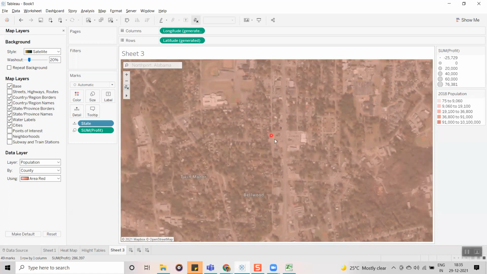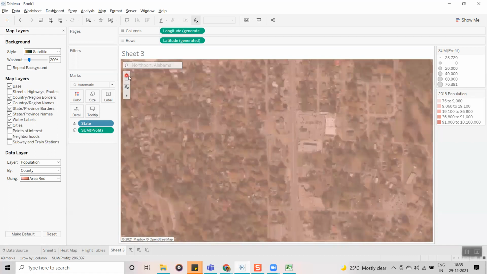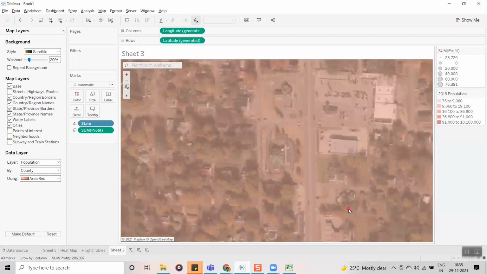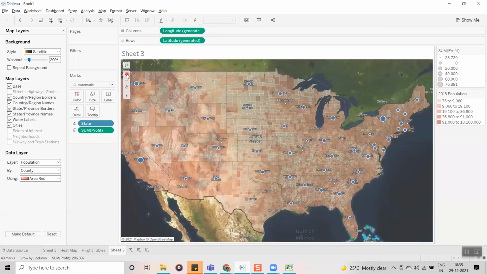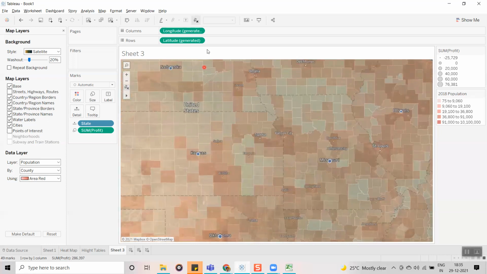You can see how the street view looks, and everything you are going to get. This is a satellite view. And if you want, you can decrease it. Once you have done, you can fix the axis. You can see the axis in the tooltip. Whenever you increase the zoom, it automatically shows as fixed. You can clear it by selecting here, or by clicking on this reset map option.